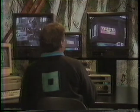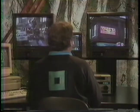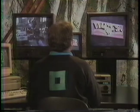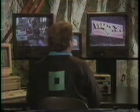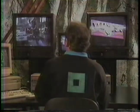Let's go back. Okay. Now, I'd like to do this for motion, so what I'm going to do is pick a point just before that zoom stops. This is not to say you have to pick a point before your zoom stops. This is just something I'm trying. And over here on the